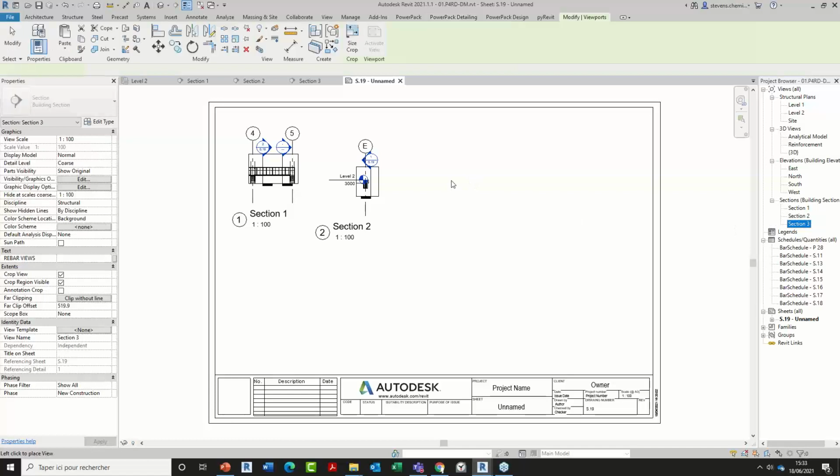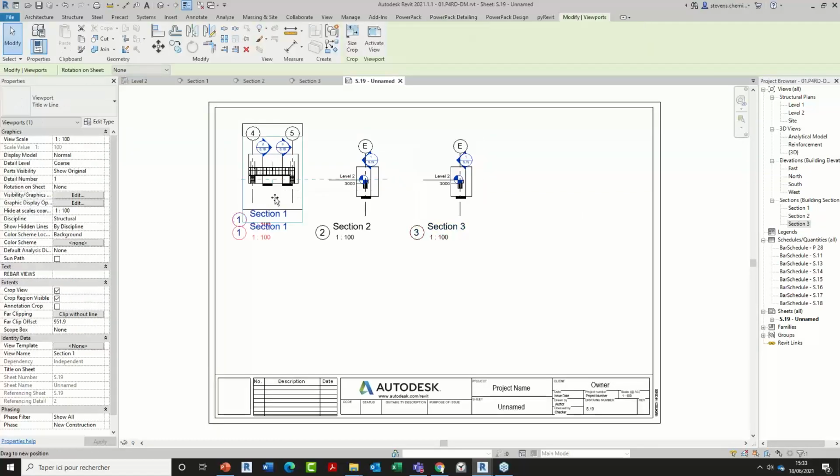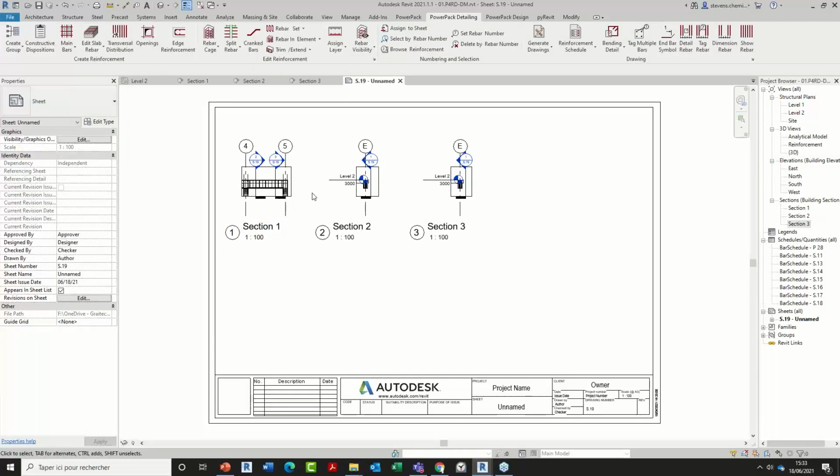That's the process in Revit that could be very time consuming if you have hundreds of objects to reinforce and for those you have to produce independent reinforcement drawings.